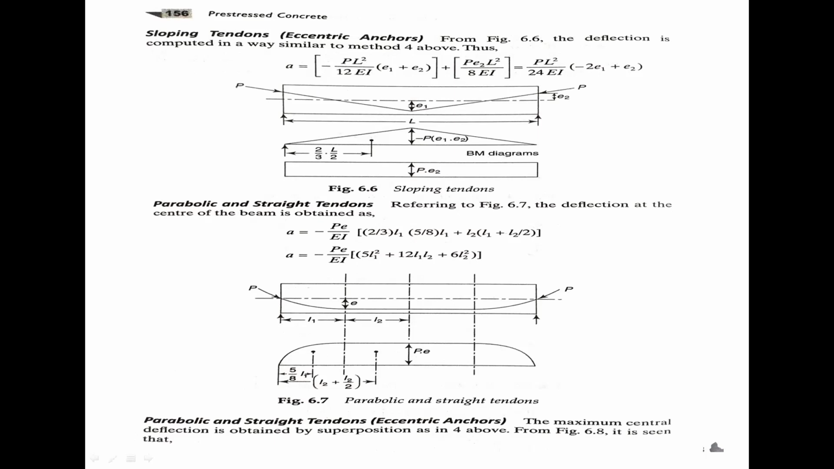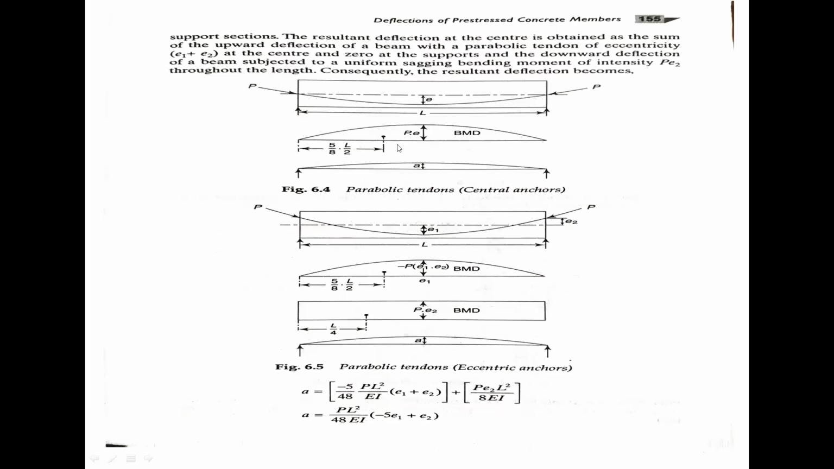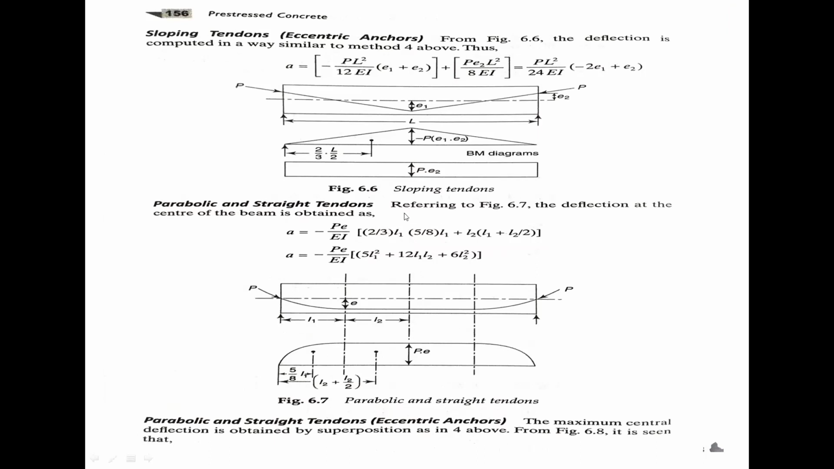for method 4 above. We have already discussed method 4, the method of parabolic tendon with eccentric anchors. This is the same procedure, using this methodology for the sloping tendon profile. Small a equal to minus, for the upward bending moment diagram a negative sign comes. Two eccentricities, for center and support. Now E1 plus E2 plus P2 L square by 8EI equal to PL square by 24EI into minus 2E1 plus E2. Now this is sloping tendons